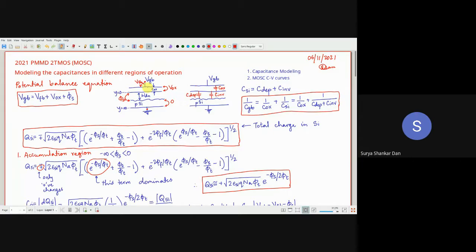Remember, in VLSI design, you are doing layouts, right? In layouts, you must have studied there is one metal 1 layer. Then underneath that, we are going to have the poly layer. Correct? Poly is the gate, not the metal 1. Okay, so the VGB you are applying, you are applying on metal 1. I am repeating it many times.